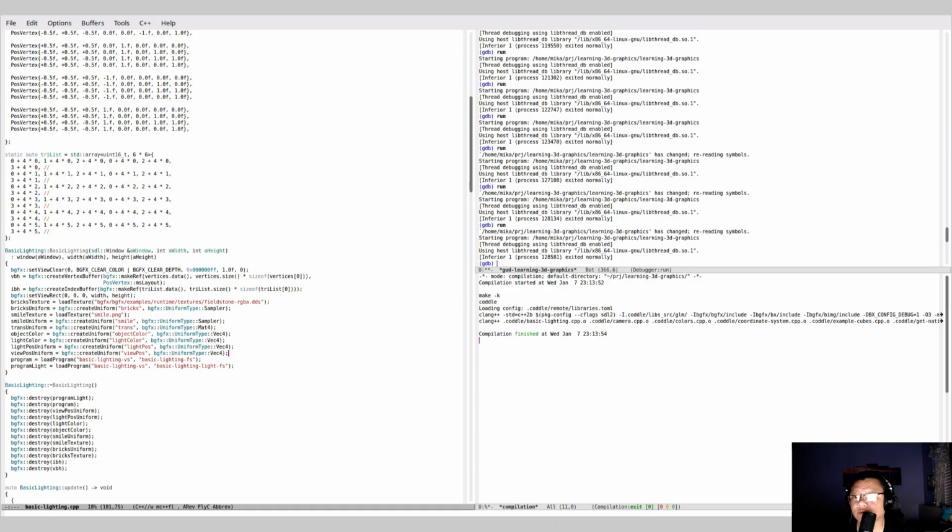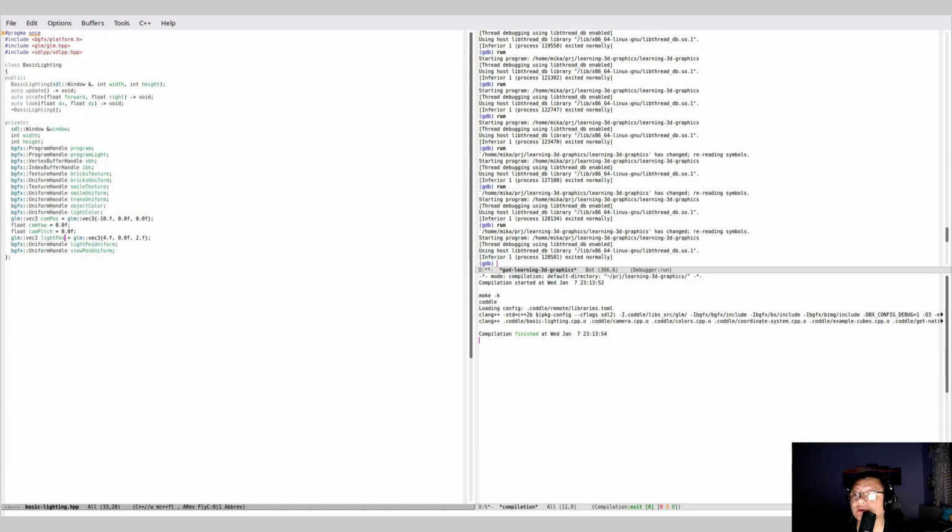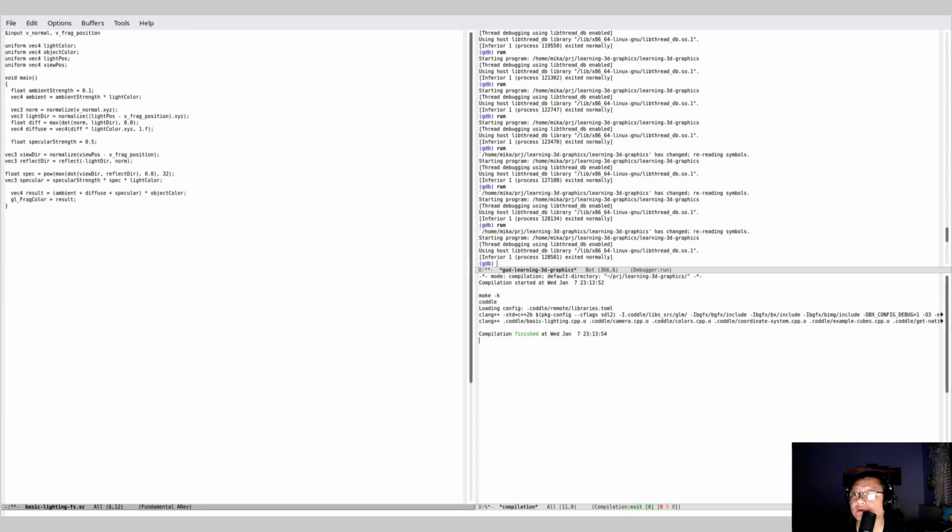Ah, but I have to do vec4 here, I see. So it might be reading a little bit outside of memory, right? Anyways, view position, frag position. So view position, frag position, XYZ,